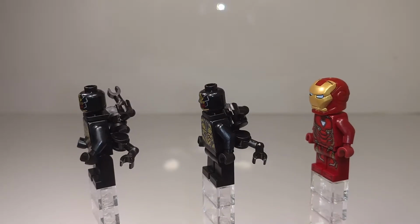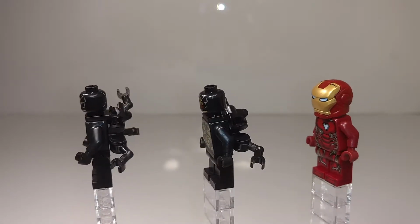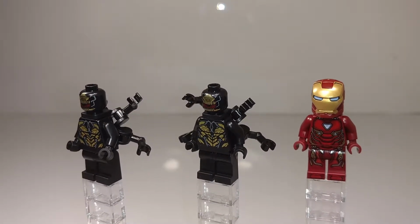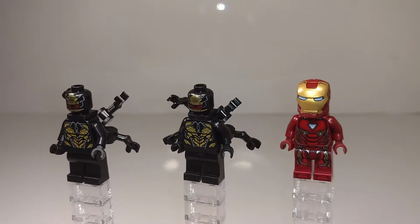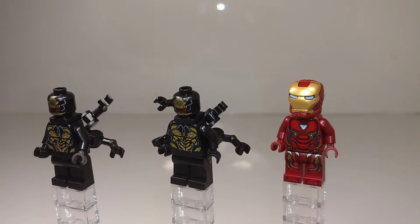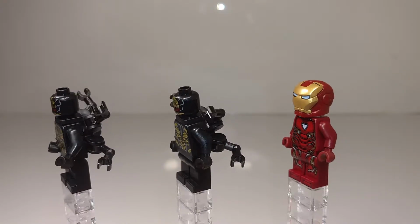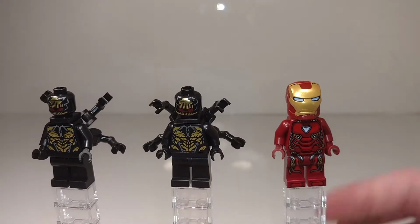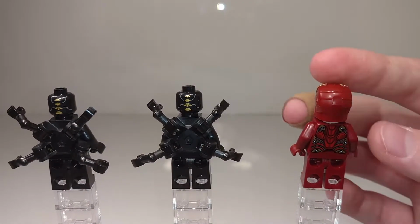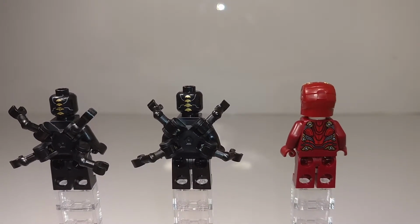Then here's the Mark 50, which came in 2 sets in the Infinity War wave. The 2 largest sets, though, so I think it's good to include them here, so that way people who couldn't get them now can. And he has some pretty intricate printing there. I really like all the gold around the sides as well. And then, of course, he has the standard Iron Man helmet with the blue eyes. He also has toe printing. And the printing on the back is just kind of the same stuff carried around with a pretty similar quality